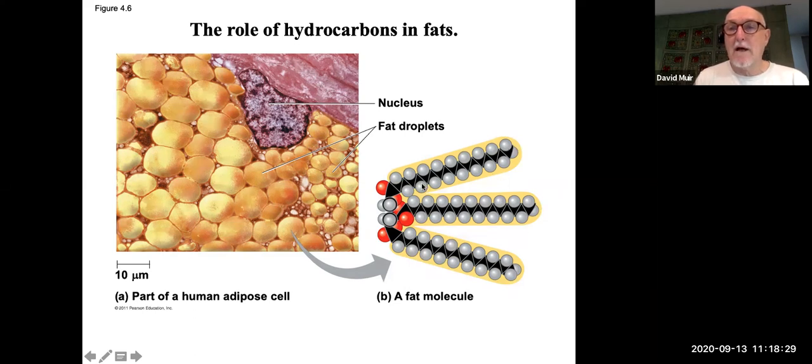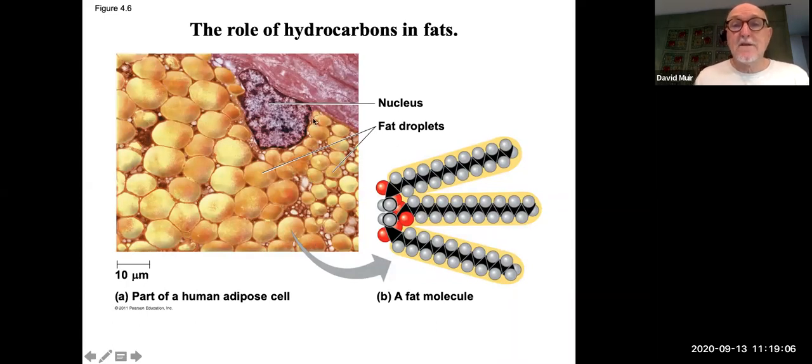The white are hydrogen. Here you can see long hydrocarbon chains, and fats often have three. And the fat is three of these joined together with a glycerol. That's a sugar molecule, another sugar, and that's glycerol there joining these three together. That's our commonest lipid in human beings, and it is